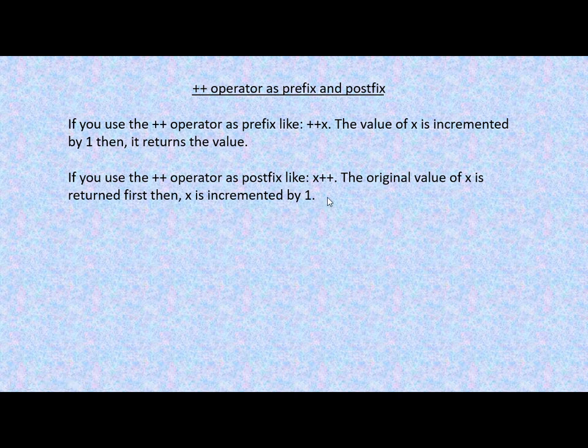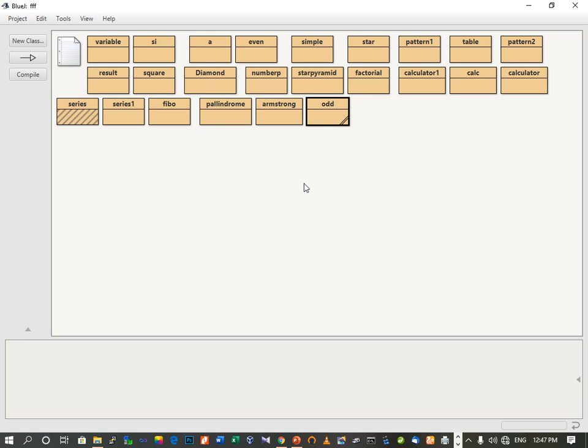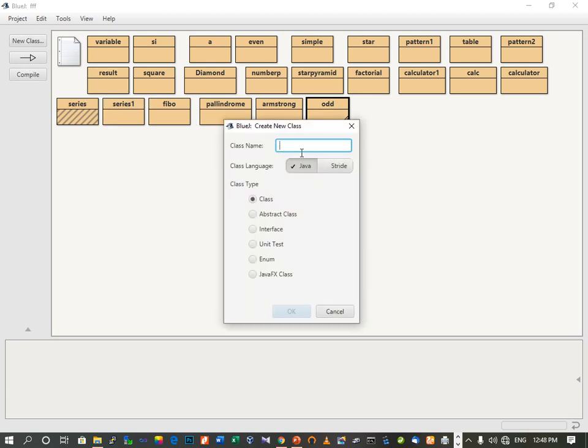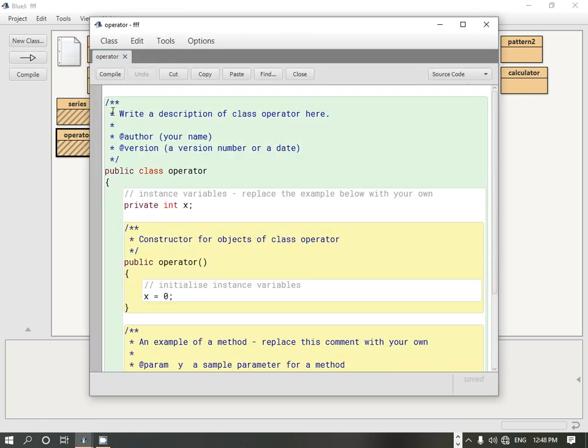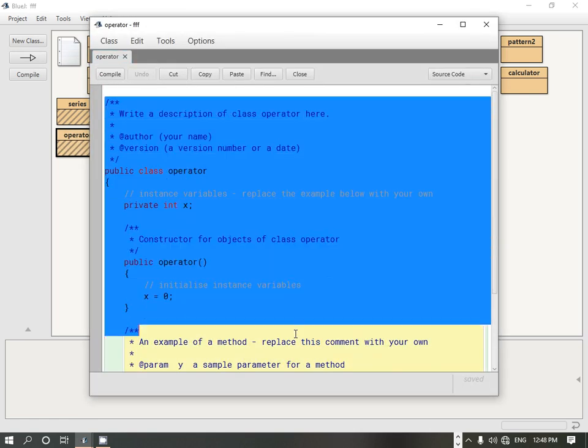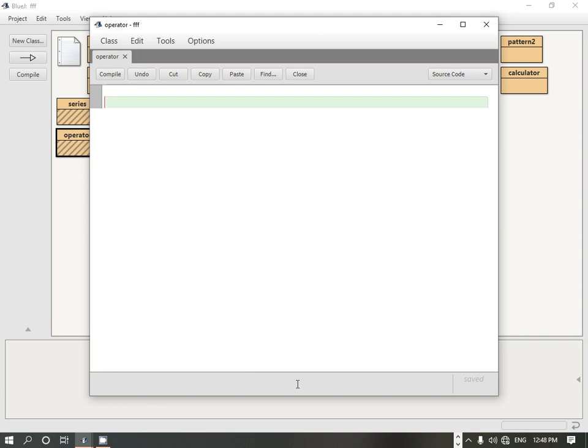Now let's try to understand this with the help of a Java program. Here we are with our BlueJ editor. Now we create a new class. Any name you can provide; suppose I'm providing the name operator. Then double click it. Here we have the editor where we write the program.